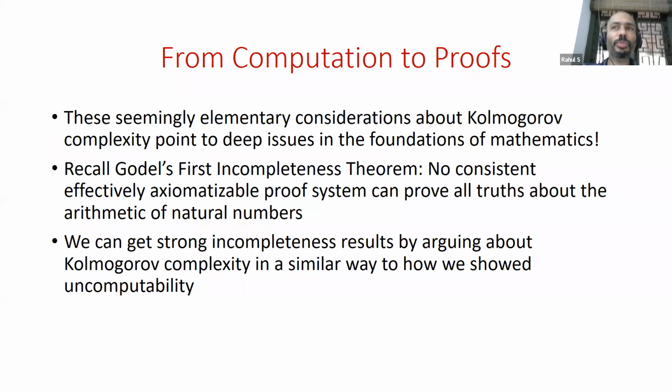Given a proof, can you tell it's a proof? Is there a Turing machine which, given a proof, can tell whether it's a proof? Any reasonable proof system is going to have that property. That's what it means for a proof system to be effectively axiomatizable. The other property we need is that it's consistent, that it shouldn't prove something and its negation. Any proof system we're going to consider should be consistent, because inconsistent ones are useless. They can prove both a statement and its negation. So these are both very reasonable properties. And Gödel's extraordinary theorem says that no such proof system, which is consistent and effectively axiomatizable, can prove all true statements about the arithmetic of natural numbers.